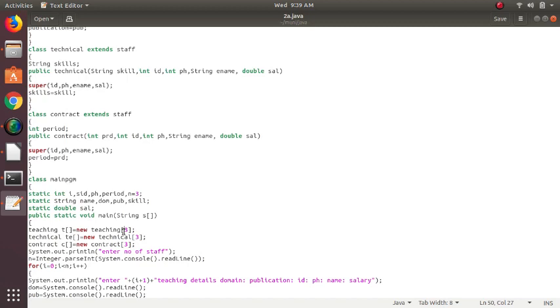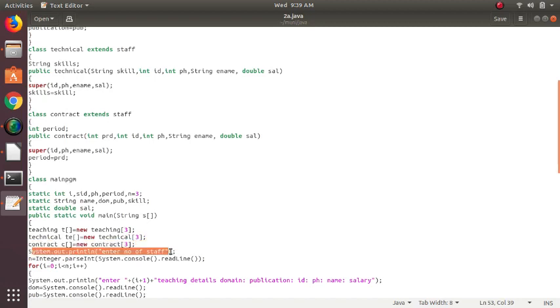It depends on this size. If you use 5, up to 5 staff. That means if you add 5 here, you can create 5 technical staff, 5 teaching staff, and 5 contract staff. You should be careful while giving these numbers. If it is 3, I can have 3 staff, and then the system will ask you to enter the number of staff.